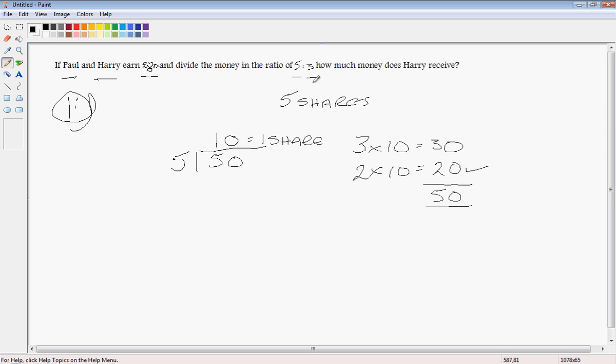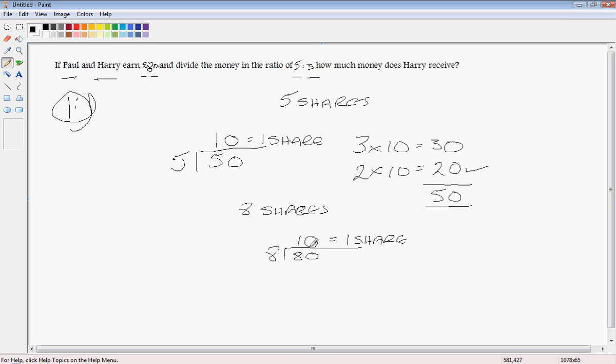Now we have £80. Paul will receive 5 shares, Harry will receive 3 shares, so we have 5 plus 3, so we have 8 shares in total. So if we divide 8 into 80, 8 into 8 goes once, 8 into 0 goes 0, so again, one share